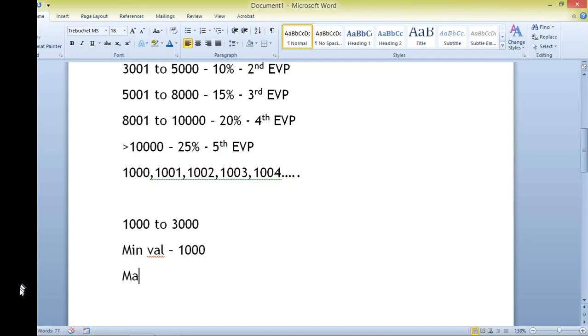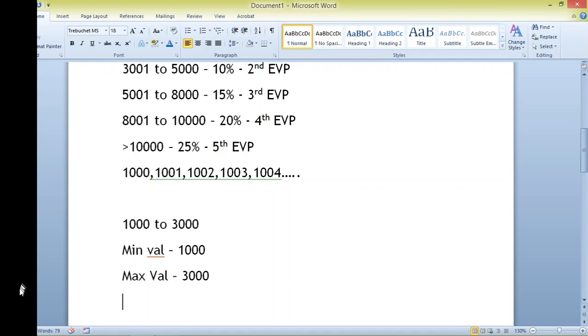And the maximum valid value is going to be 3000. But how am I going to test whether the 5% discount is given only within this range, or whether it is exceeding or preceding in some other values?